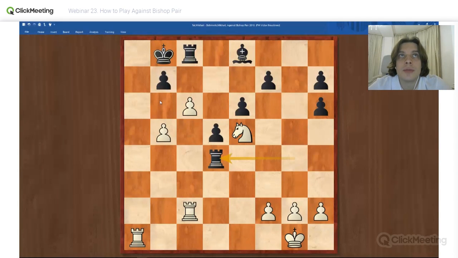White is absolutely winning, but here we should be looking for a tactical solution. b6 or what? b6. Okay, I see. So b6, what can he do?